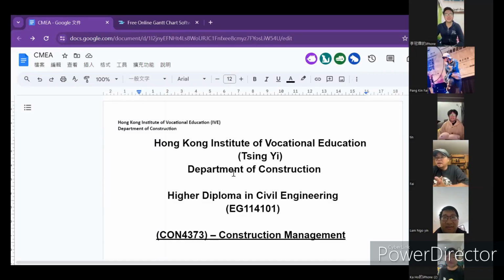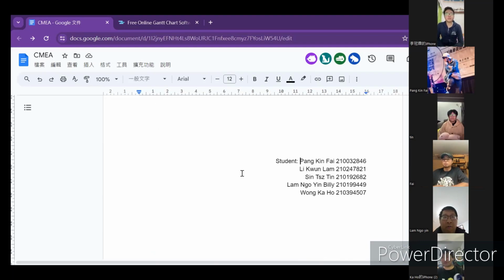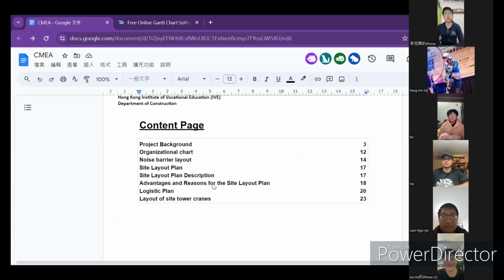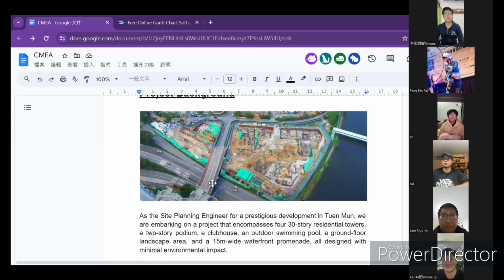Today we are going to talk about our EA project of the A2 topic, which is in Tuen Mun. So I'm Pankin Fai. I am Nikon Lam. I am Xin Tin. I'm Lam Ho Yin Billy. And I'm Wong Kar Ho Jackie. Okay, our A2 topic, which is